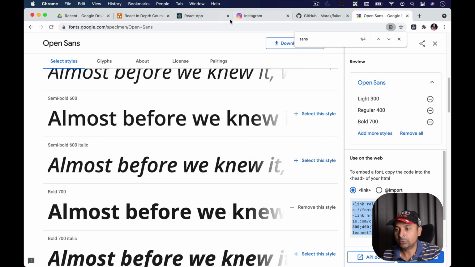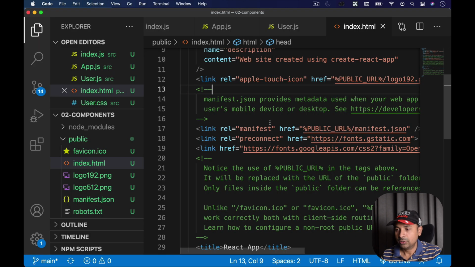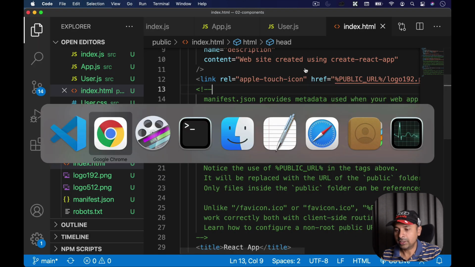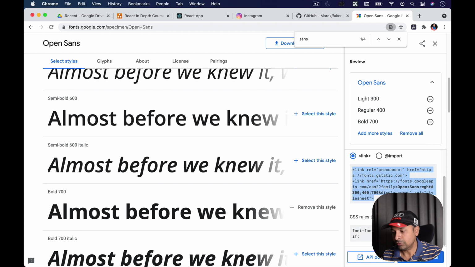If I come back, I don't see any difference in my application because I haven't used the font. So to use the font, again, I'll go back to the browser and check here. So how to use this font? They have given some kind of way how to use the font. The font name is Open Sans. So I just need to write this inside my CSS. So I'm going to use Open Sans font family.